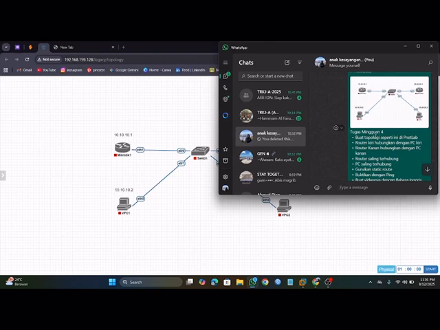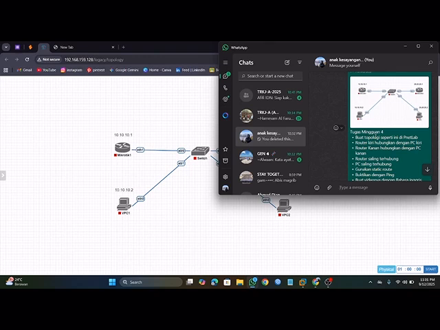Here we are required to use static routing. Without further ado, let's get into the practice.